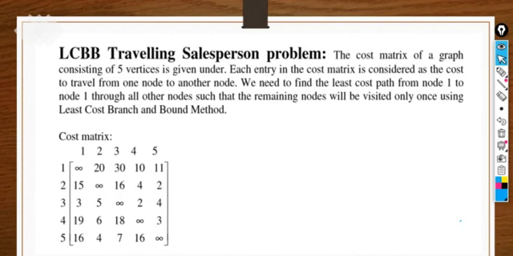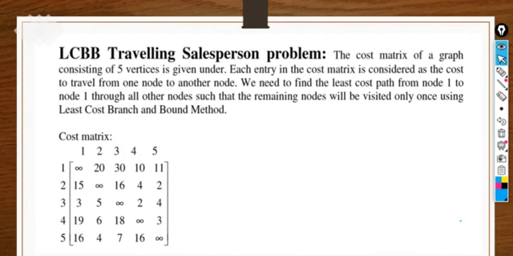So let's take an example to get clarity. Like if we solve the traveling salesman problem with the help of LCBB, least cost branch and bound technique. So here this particular matrix is representing it. You can take out your notebook and pens and do this problem simultaneously in order to get clarity about it, right? So I'm just taking this particular matrix here. The main motive is to traverse all the vertices and find the path that covers all the vertices once with the least cost, or you can say minimum cost, right?